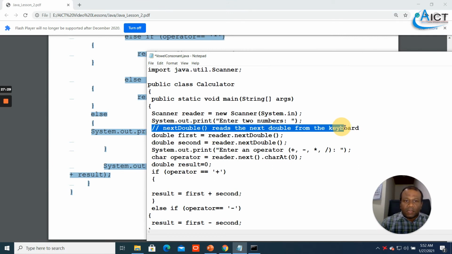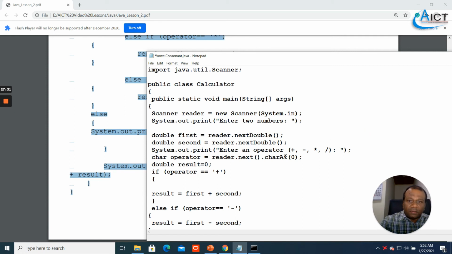This is a comment; if you want, you can delete it. So import java.util.Scanner: we are calling the package for the Scanner class, because we are going to use input. Public class Calculator is the class name. Main method. Scanner, making an object of the Scanner class.